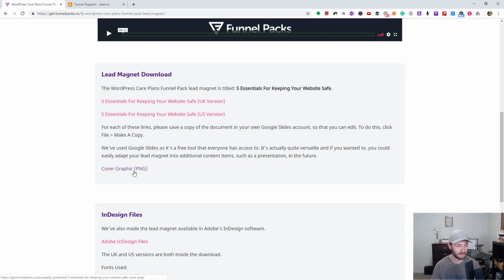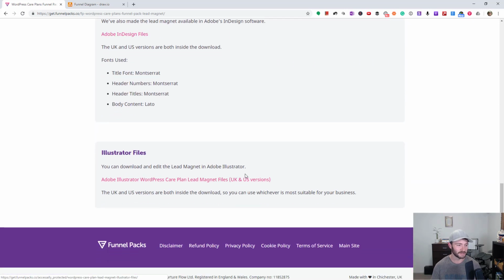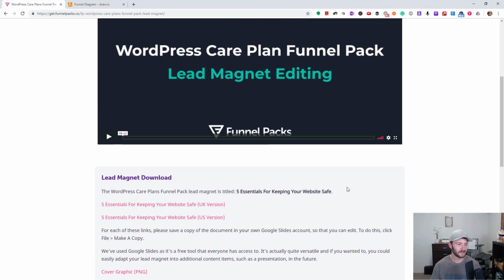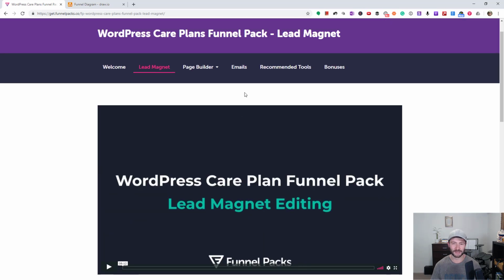Graphics for the lead magnet, InDesign files, Illustrator files. For the lead magnet. So lead magnets have taken me days to put together before, and then bam, you've got one right there that's specific for what you are trying to sell in this case. So, and then we've got, this is my favorite. So I thought, yeah, we'll have some copy for web pages, maybe some images. No, we've got entire